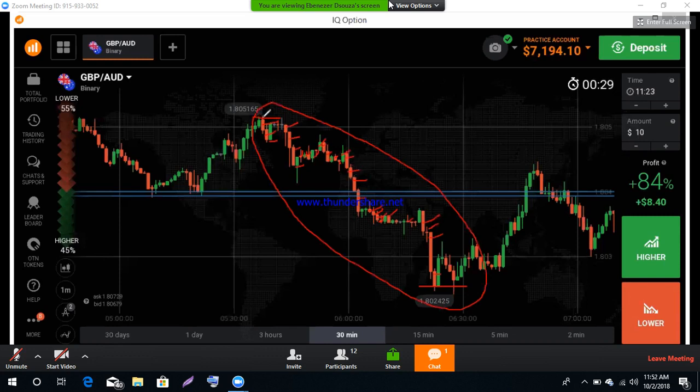Always, when this is downtrend, always trade with lower option. When it is uptrend, always trade with higher option, but always trade at the strong level. Always trade in the direction of the trend and at the strong level. Always trade with confirmation. I will show you how to take confirmation. These 2 points: number one, always trade in the direction of trend. In the direction means this is downtrend, always trade with lower option. Number two, always trade at the strong level. This is strong level. Always trade in the direction at the strong level.